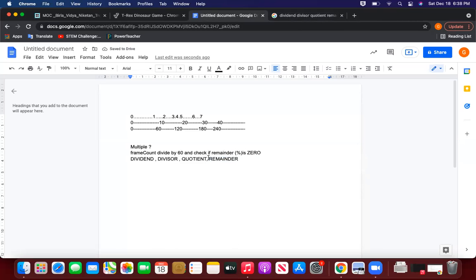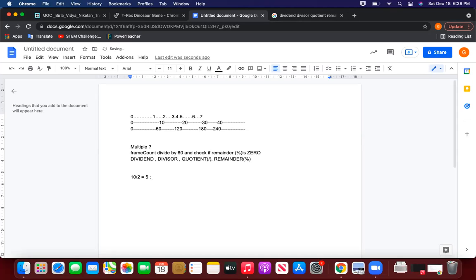But whenever you are interested in the quotient, you use the symbol /. So for example, 10 divided by 2: the computer will look for the quotient, and the quotient would be 5.